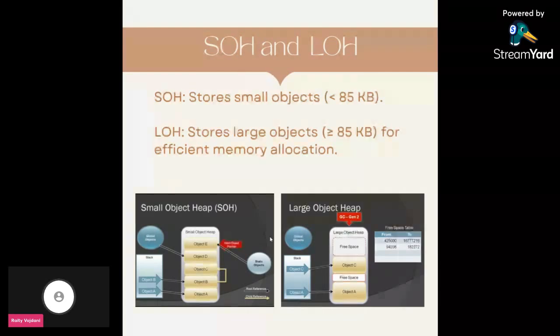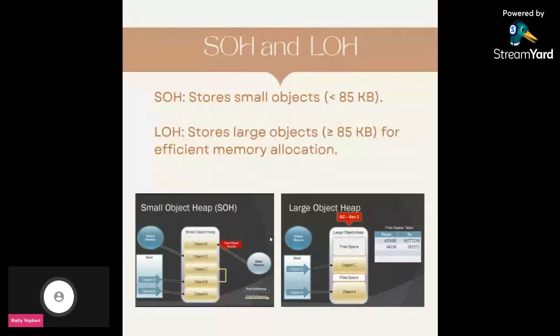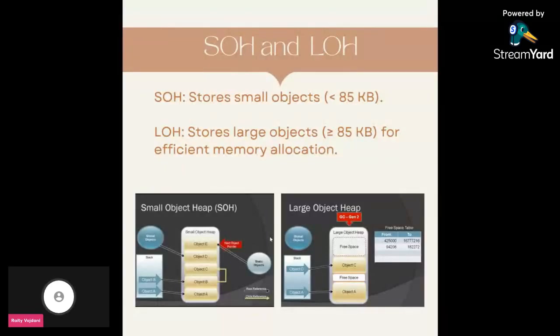The garbage collector organizes objects into two categories. The first one is a small object heap, and it's for small objects less than 85 kilobytes. And the second one is a large object heap, and it's for large objects more than 85 kilobytes. And what is the difference here? Smaller objects are easier to move and clean, so they go into a small object heap. And larger objects like images or big arrays go into the large object heap because moving them around would be slow